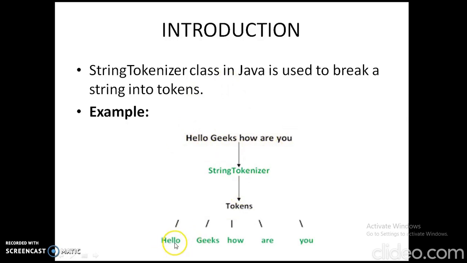You can see here, hello is a substring of "hello geeks, how are you?" How is also a substring of the same string. Are is also a substring of the same string. So these are just substrings of the main string, obtained based on the delimiters. The delimiter that is considered in order to break this string into tokens is nothing but a space here. After hello, hello is one of the tokens. That means I consider the delimiter here as a space. Geeks is one of the tokens.